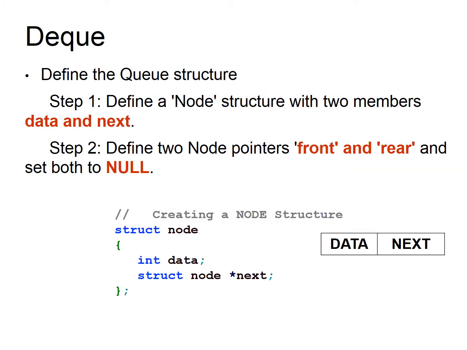So DQ is similar to the queue. We will define a structure for each node when you are using a linked list implementation. Again, the node has two parts. One is a data part and another one is a next part. The data part, we will declare it as int data, since it holds the value of the double-ended queue. Next is defined as struct node star next. As I have already told you, struct node is used to make the pointer refer to a similar structure of size node, or structure node.